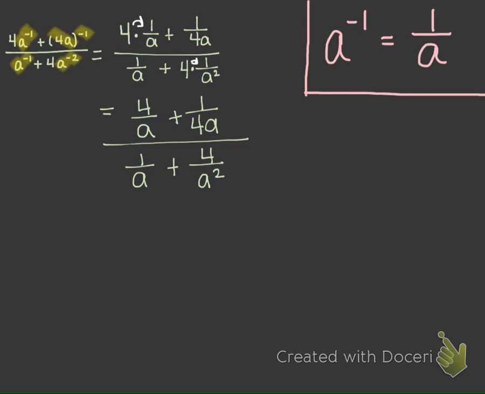From here, it may be really tempting to say, well, this 4 and this 4 can go. That doesn't work, however, because we have addition in the middle and not multiplication. You can only cancel out pieces of a fraction across multiplication. So there's nothing we can do to reduce this. What we can do is choose an LCD for the entire fraction, so find an LCD for all 4 of our denominators,